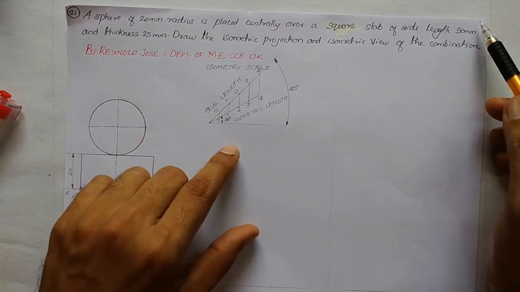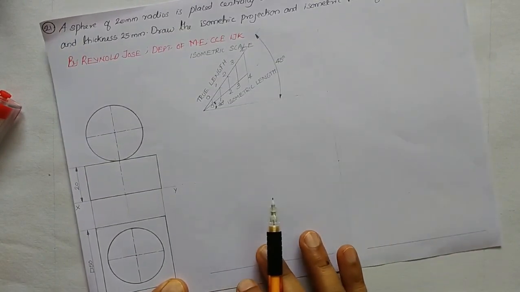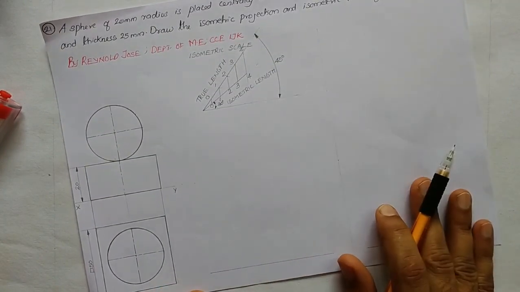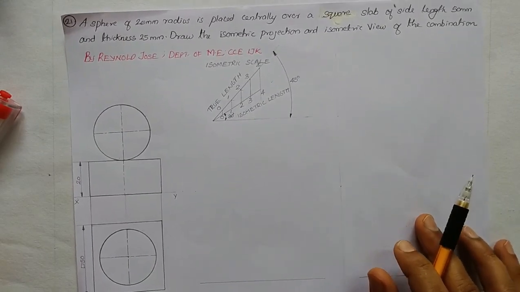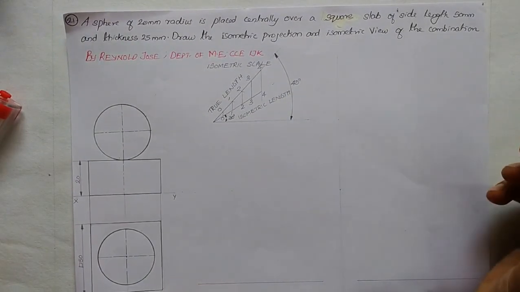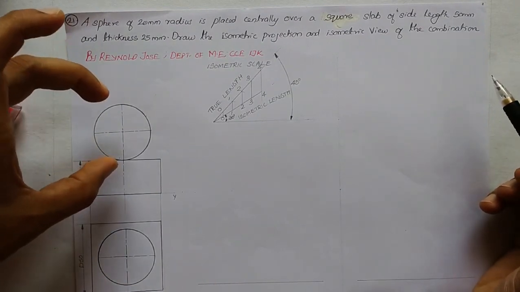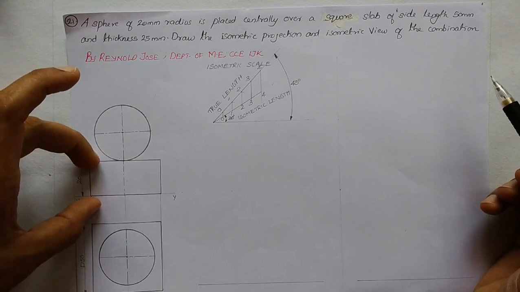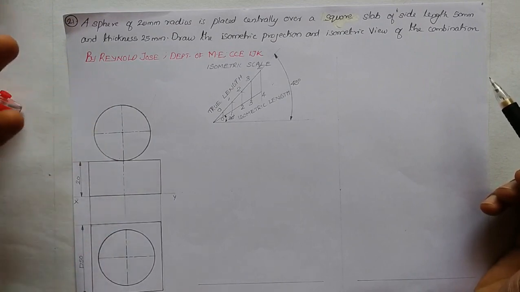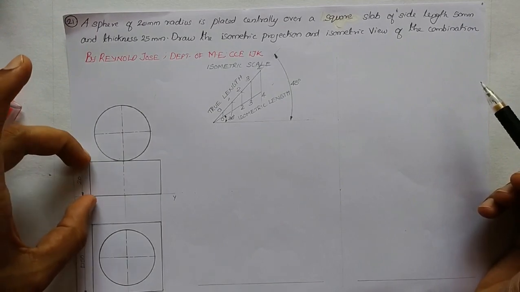When it comes to the isometric projection that I am going to draw here, there will be length reduction, and here I won't be accounting for that length reduction when I am drawing the isometric view on the right hand side. So initially we shall draw it using thin lines, because only after placing the sphere over the square slab will we be able to make out which portions of the square slab will be visible.